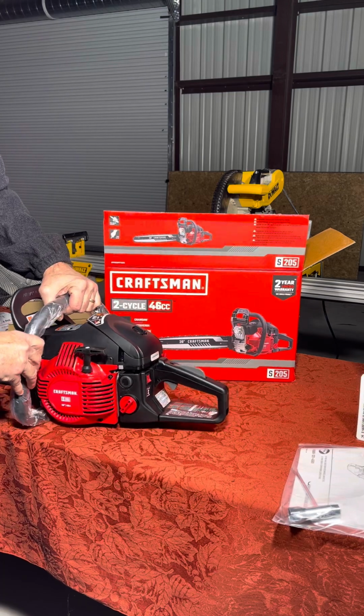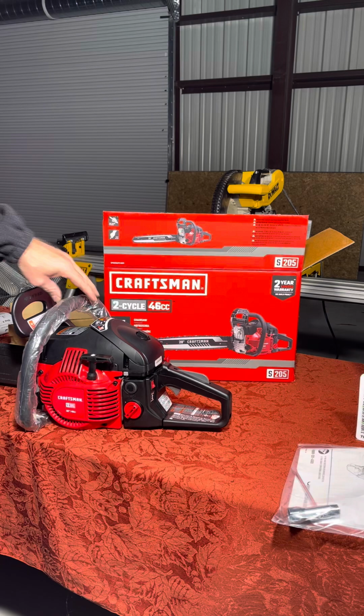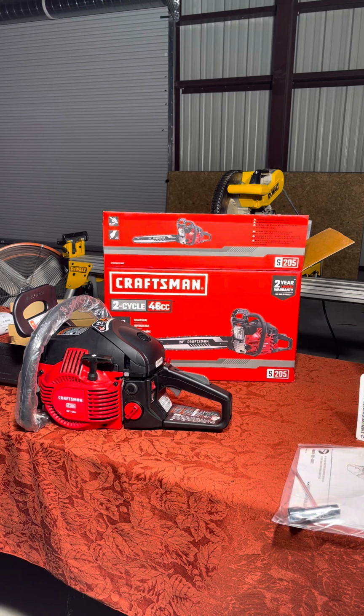But anyway, all in all, this is a great machine. I haven't run this one yet, but I'm excited to run it soon. Springtime's going to be here soon, and I'll be able to get out in the yard and do some work with it. At that point, I'll probably do another video. We'll go over starting it and everything, and we'll get out there in the yard and we'll see what kind of work it can do. But like I said, I have the 16-inch version of this,